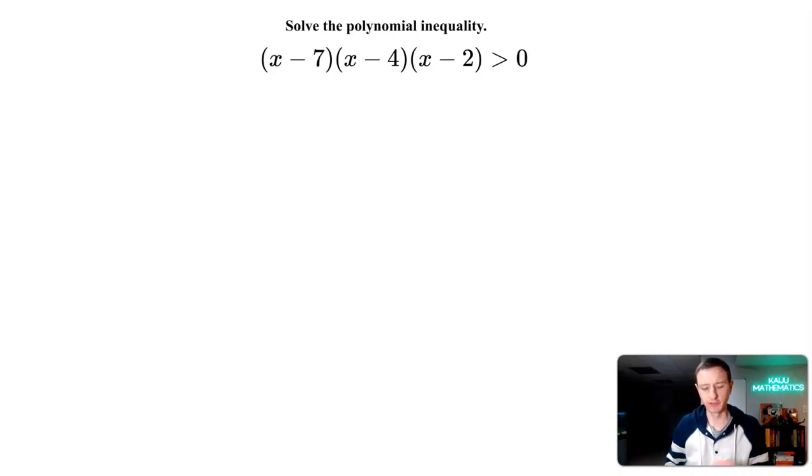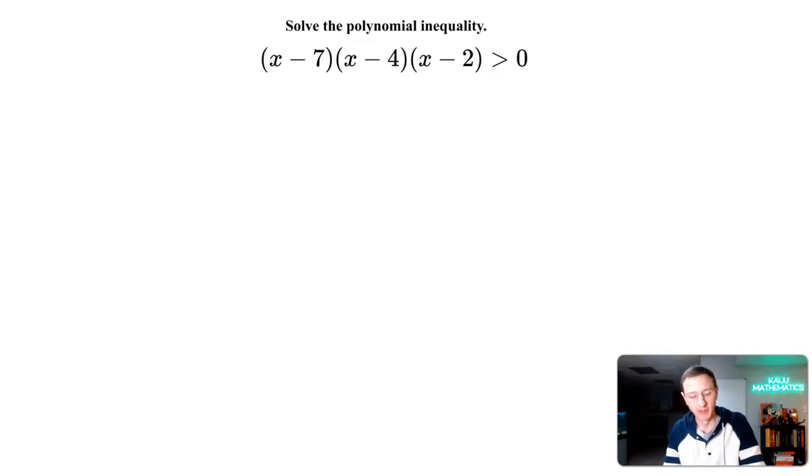Today we're going to look at solving this polynomial inequality. Typically we might see an actual polynomial, and then we might have to factor or do something. But here we just have x minus 7 times x minus 4 times x minus 2 is greater than 0. So what we're looking for is which x values, if any, or multiple or a single value, will make this